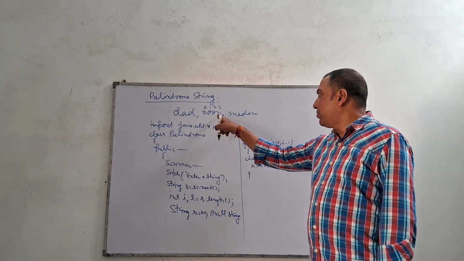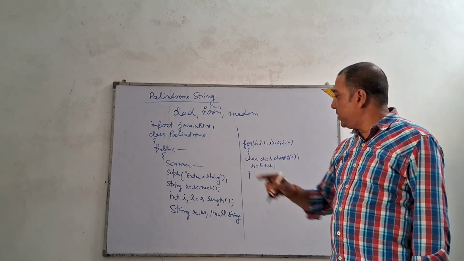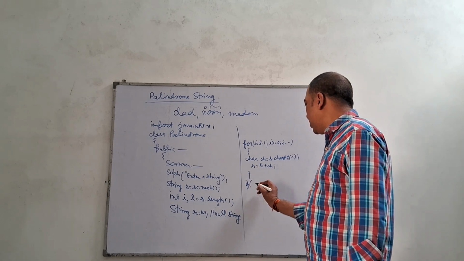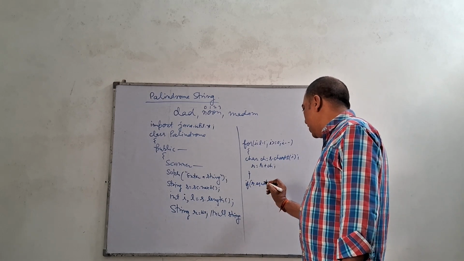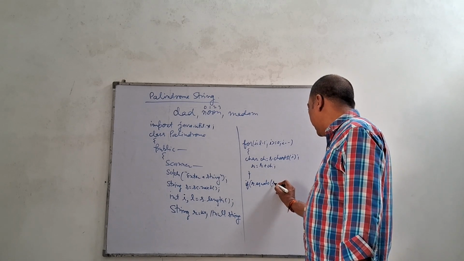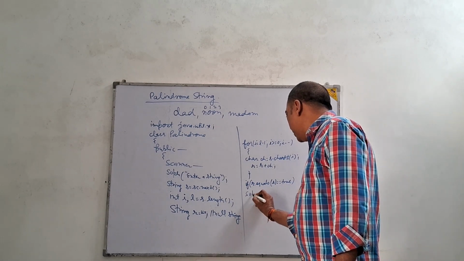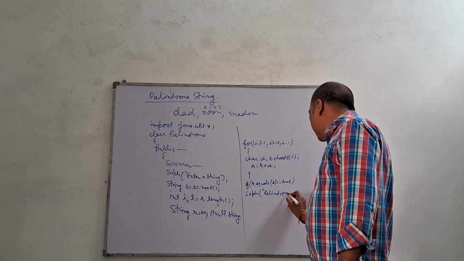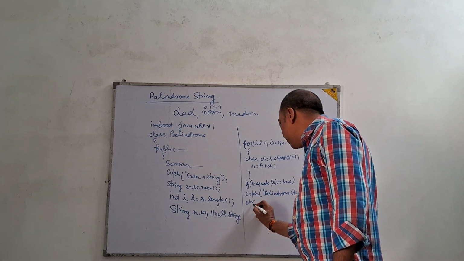r is a null string. First we will add n, then o, then n. Okay. So the reverse will be prepared in r. Now in the end we can check whether r and s are the same or not. So if r dot equals, you can even use the equalsIgnoreCase function also. If r dot equals s is true, both are the same, then it is a palindrome string. Else, not a palindrome.